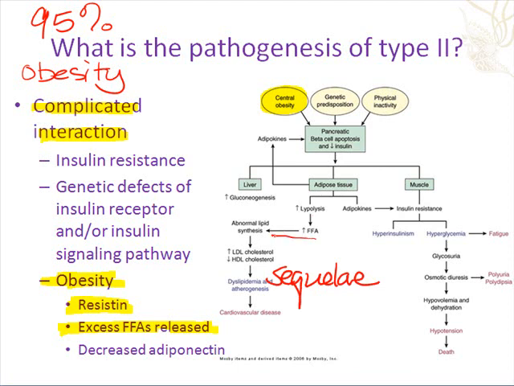The more free fatty acids I have in the blood, the more I'm going to increase the levels of bad cholesterol, or LDL cholesterol, in the blood. The more my HDL, or good cholesterols, are going to decline. I'm going to get the production of atherosclerotic plaques in blood vessels, and I'm going to get a condition in the blood called dyslipidemia, which means an imbalance of lipids in the blood. And these all contribute to cardiovascular disease, which is one of the most damaging sequelae, or follow-ups, to type 2 diabetes. We also think that fat tissue,